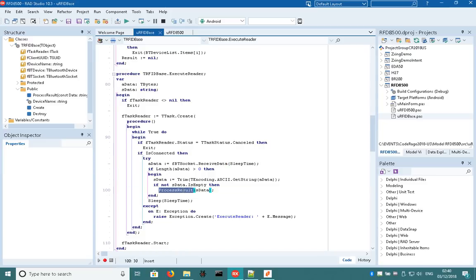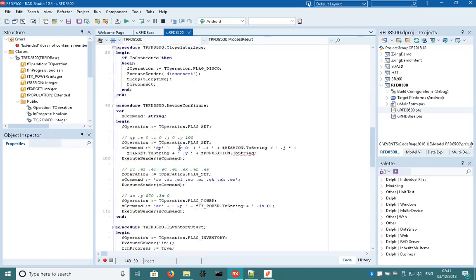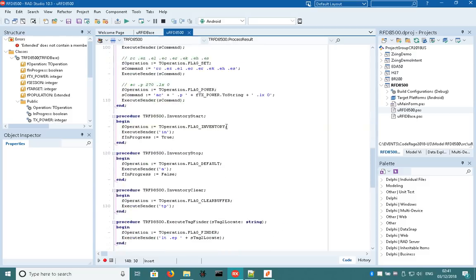So here is where the results from the device will arrive. If you are doing an inventory, you start receiving the tags of this inventory here, and so on. For each command, there is an expected result that's documented in the manual. Like if the operation is the inventory, because when we start the inventory here, we set this operation. So you are in inventory mode. We start the operation